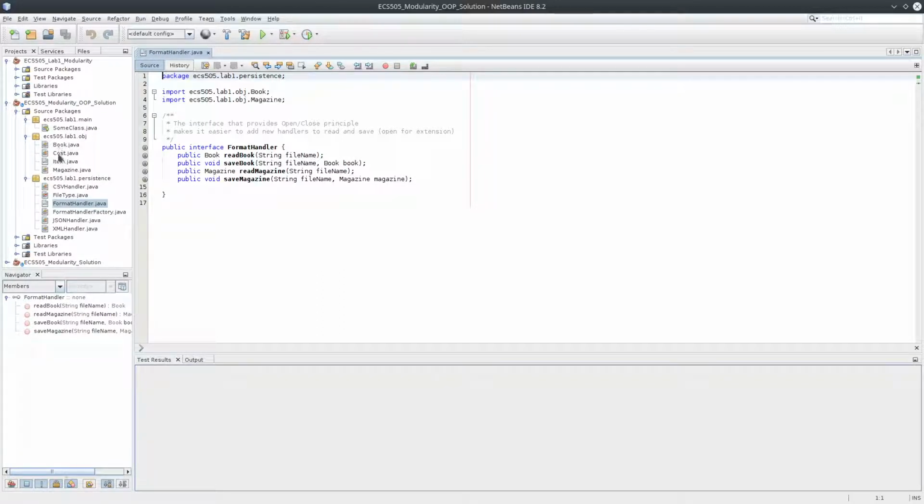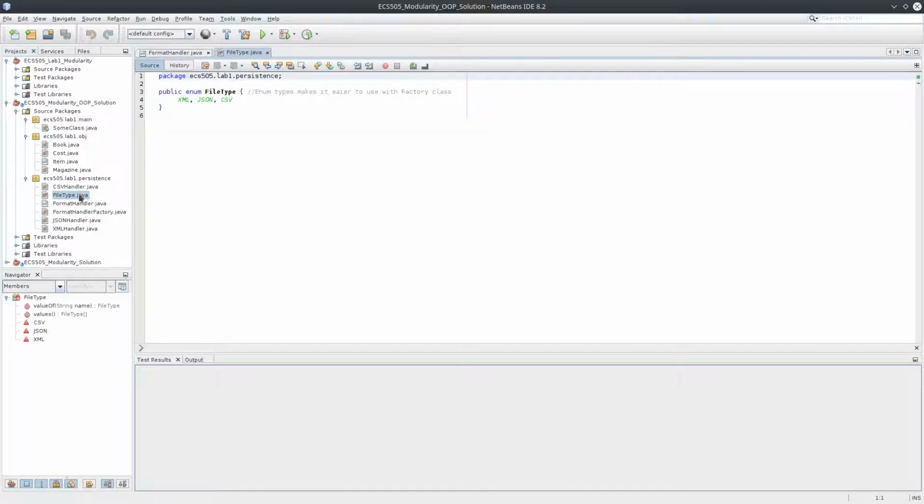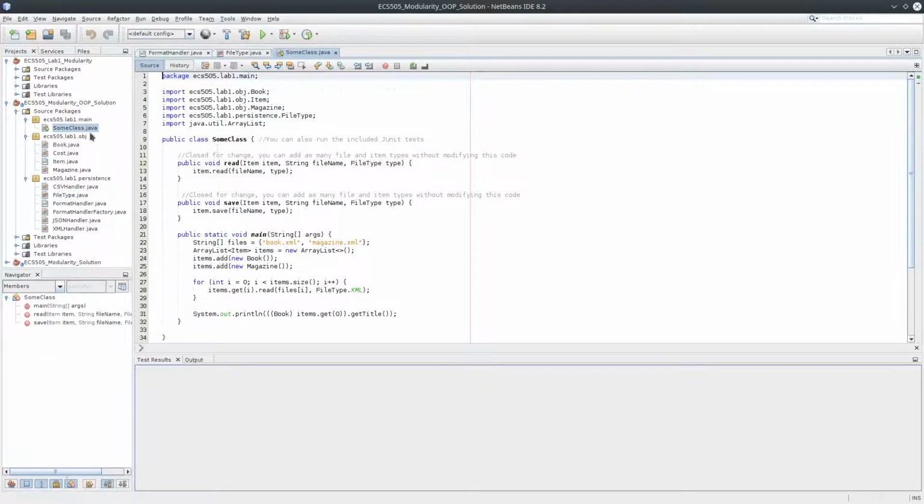Based on, of course, these two. If you have more, you have to add more types of items in here. Unfortunately, this part is not very extendable. At the end, this part is extendable to a certain extent, but the changes from the object parts will of course affect this part. So every time you add a new object, you have to add the code that reads and writes that object type. But other than that, this actually makes the class a bit more